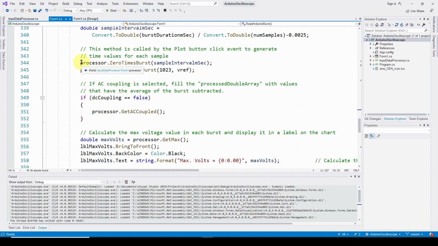Then we're going to call the input data processor and say, okay, we've got the data, zero the times, and we're going to use that sample interval in milliseconds. And then we're going to scale the values like we just saw, using 1023 for the 0 to 1023, and then vref for whatever the vref is. All right, so now we have zeroed the times, we've done the scale, and we have generated the double array